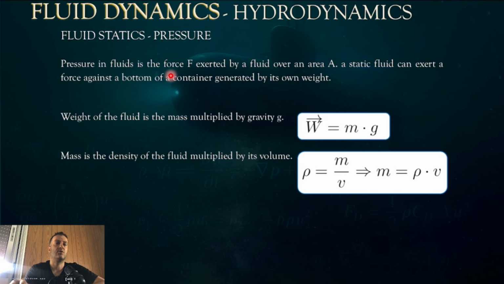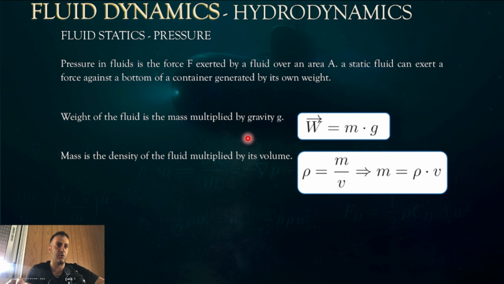Pressure. The pressure in fluids is the force F exerted by a fluid over an area A. A static fluid can exert a force against the bottom of a container generated by its own weight. So let's study that pressure. The weight of the fluid is the mass multiplied by gravity, correct? The weight of anything is its mass multiplied by the gravitational acceleration g, which is 9.81 on the surface of